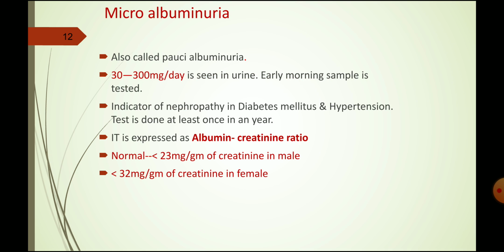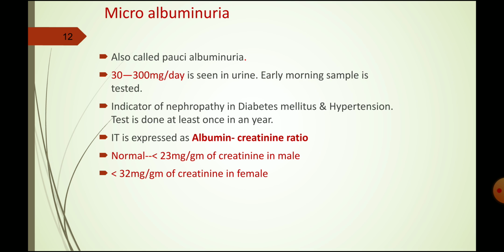Then microalbuminuria. What is microalbuminuria? It is also known as paucialbuminuria. 30 to 300 milligram per day is seen in urine. An early morning sample is tested. Usually for finding microalbuminuria, you have to take the early morning sample. It is an indicator of nephropathy in diabetes mellitus and hypertension. So this test is usually done at least once in a year, even at 6 month intervals, to assess whether the patient is developing nephropathy, which is a complication